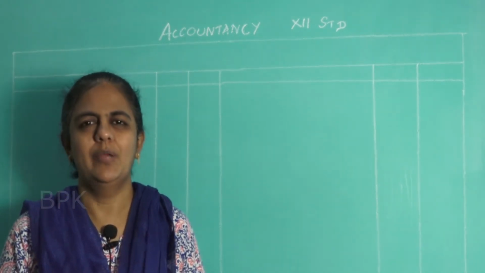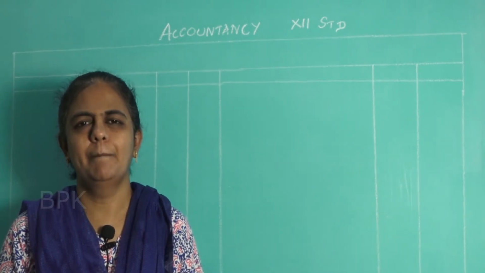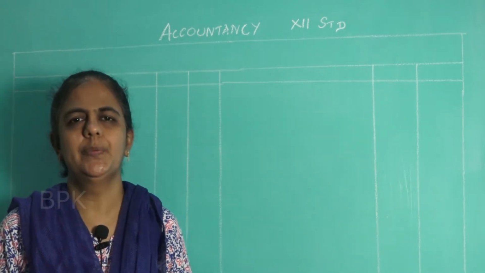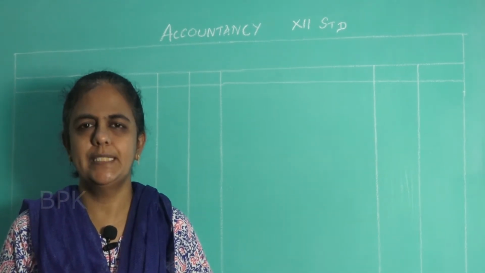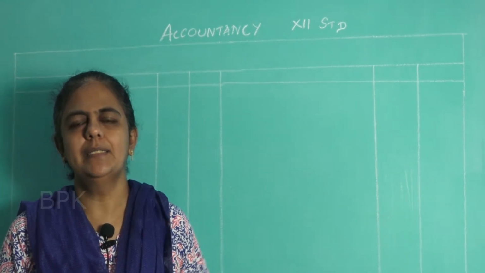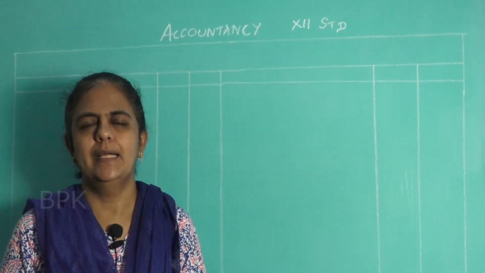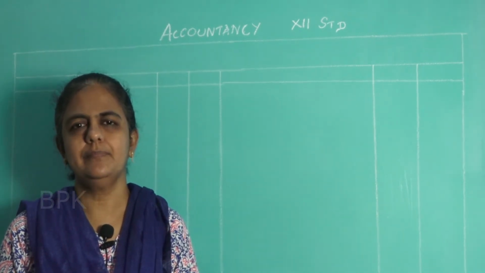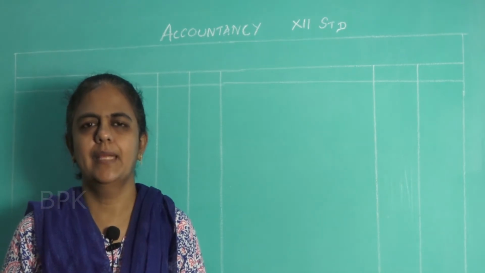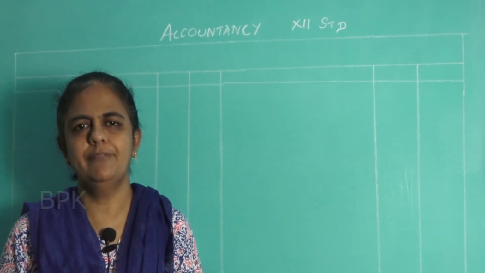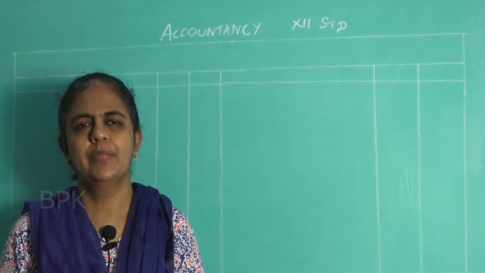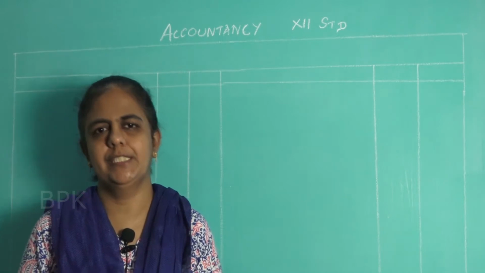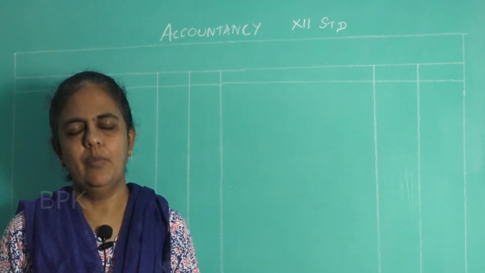Today's class we will be discussing accounts from incomplete records. I will be teaching you question number 20, page number 37. Already in the previous class I told you how to calculate opening capital and also how to find out the missing figures. Under single entry also we can prepare trading, P&L and balance sheet with the items which are available.